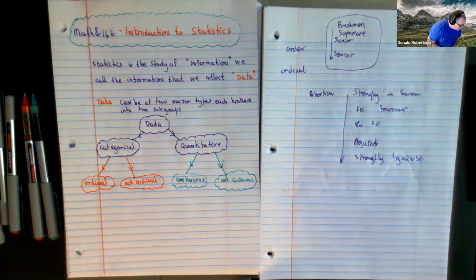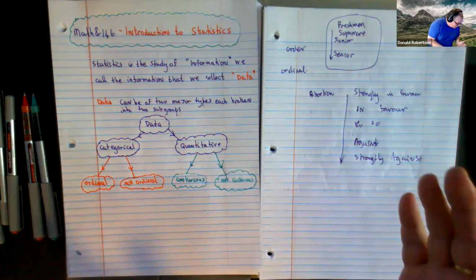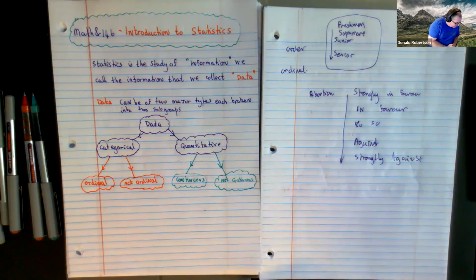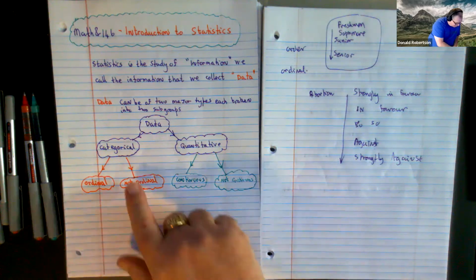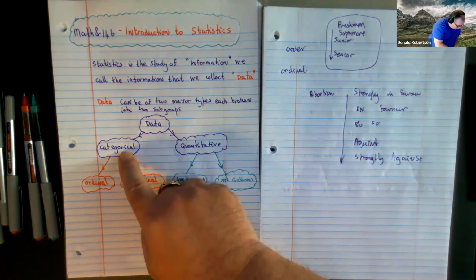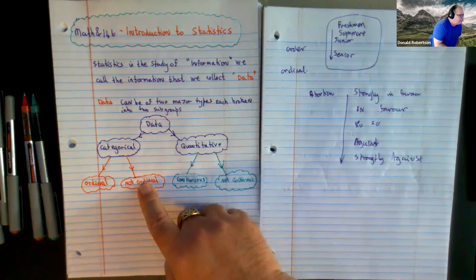Not ordinal might be, what's your favorite TV program? Or color, that's a good one. You know, is it red, green, blue? Which one should come first, second, or third? Let's forget about alphabetical order, because can't everything be put in alphabetical order? So I'm not going to use that. So colors would be an example of not being ordinal. Your favorite TV program would not be ordinal. Countries you've visited would not be ordinal. How about people's names? Those would be examples of things, so it's categorical, but they have no particular natural order to them.